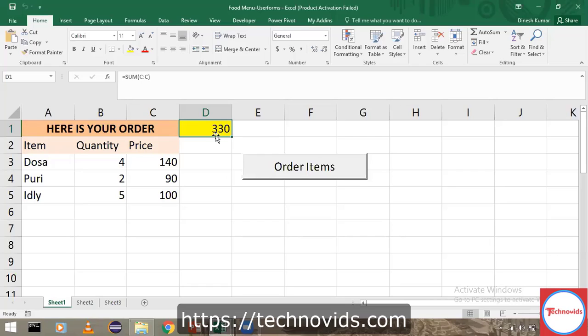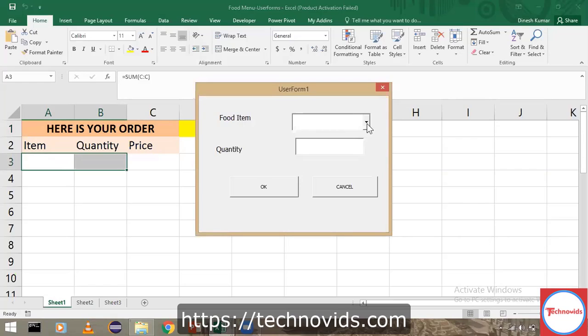By using a user form, the user has no chance of typing some wrong input. You can just display the list of movie names in that drop down list, and he has to select only from that. You have to select only from those set of movies or set of items or whatever it is. Like you see here, I can only select the list of food items from the list, so there is no question of any manual error. That would be pretty helpful in such cases as well.